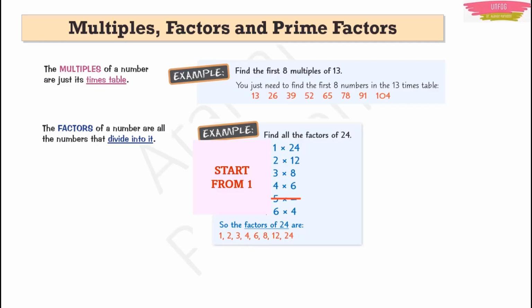Next is 5. In the 5 table you will not get 24, right? Then you skip it. Then go for the next number, 6. In the 6 table you will get 24, yes, 6 4s are 24. So these all numbers 1, 2, 3, 4, 6 and then on the right hand side 24, 12, 8, 6, those which are repeating, you can remove. Which are not repeating, you keep them. So these all will become the factors of 24. Okay.